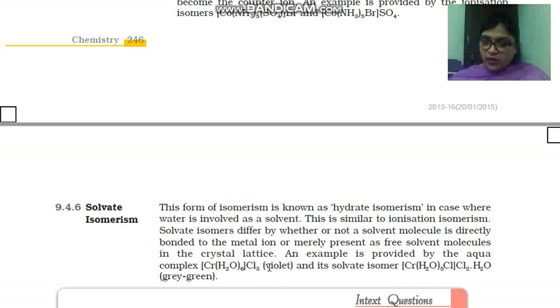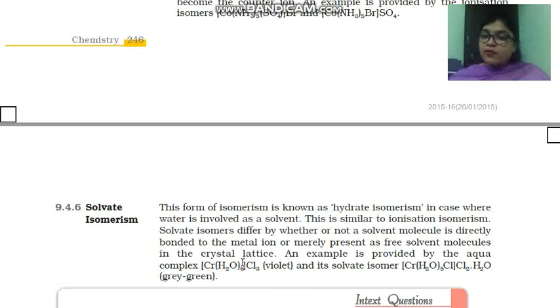When you remove 3 water molecules, here it will be [Cr(H2O)3Cl3], so that the coordination number of chromium will be 6. And 3 water will be present outside the coordination sphere, and all the 3 chlorides will be present inside the coordination sphere. So here it is given 2, you can write down these 2 also.